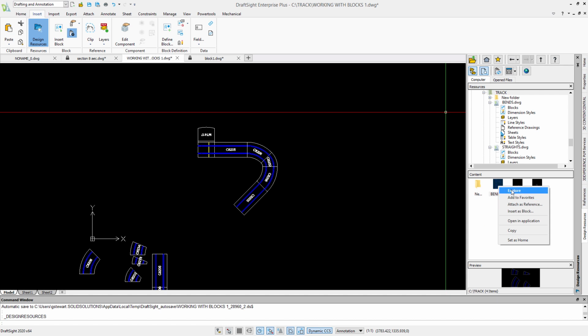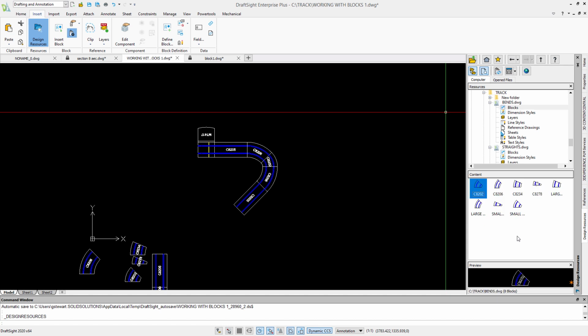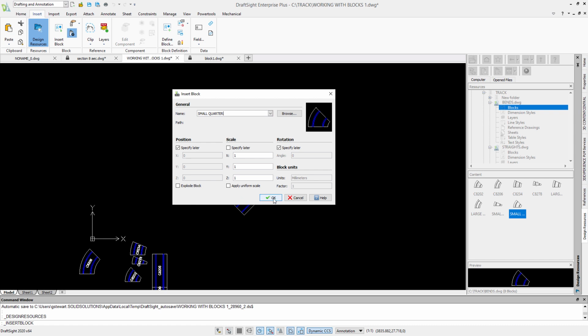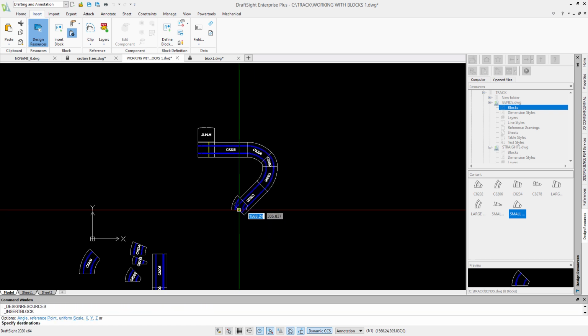But I'm going to explore within this drawing so I can see the contents within it, and I can see all the blocks. There we can see nice little diagrams of all the different bend elements I could be including in this track. To bring those in, just a simple right click, insert block, same dialog as before.